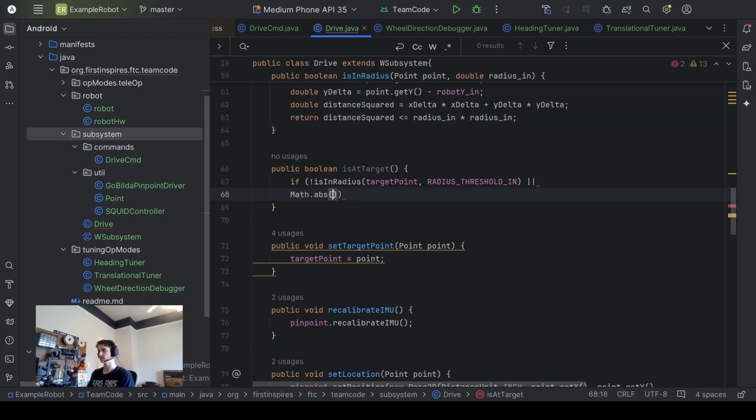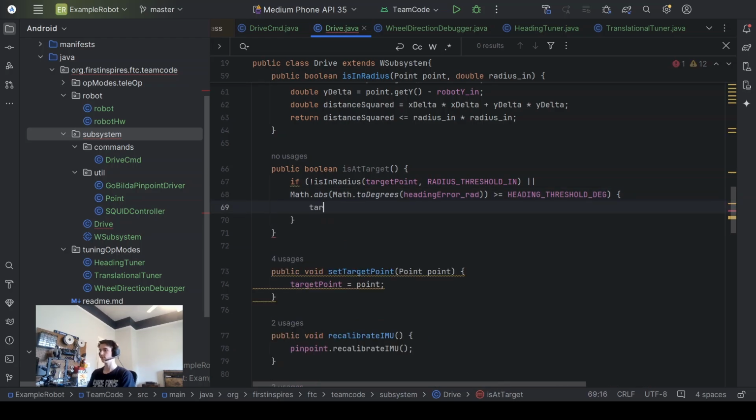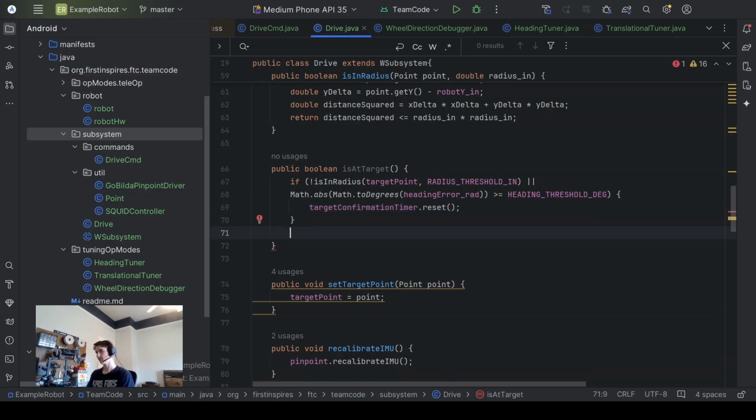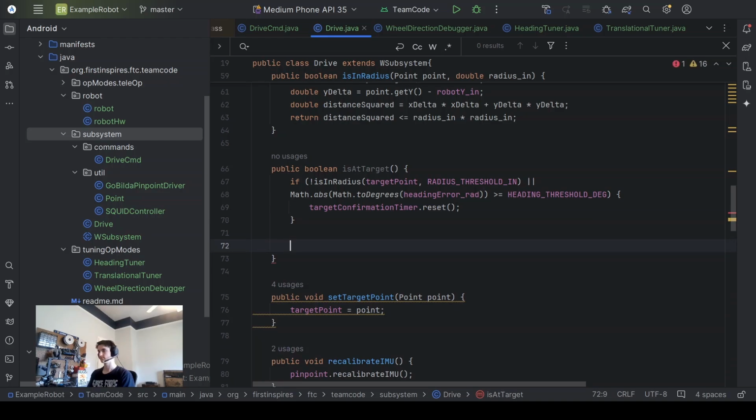Okay, yeah, so Math.abs of our heading error radians is greater than or equal to, and this needs to be 2 degrees, our heading threshold in degrees. So if both of those conditions are true, then we do targetTimer.reset. And then after that, we basically just say if target confirmation timer dot seconds is greater than or equal to,